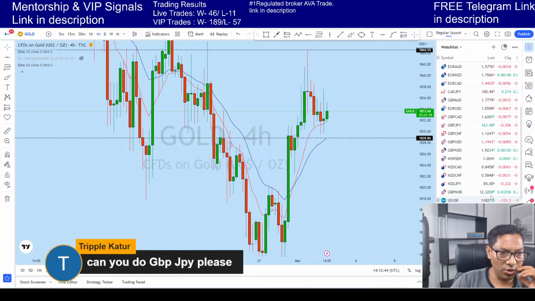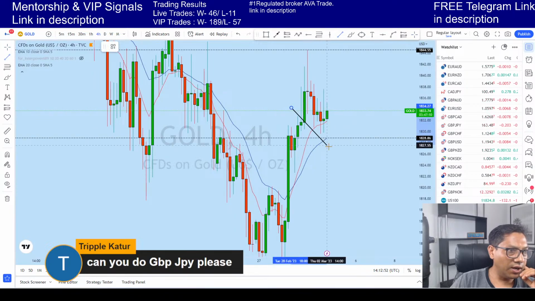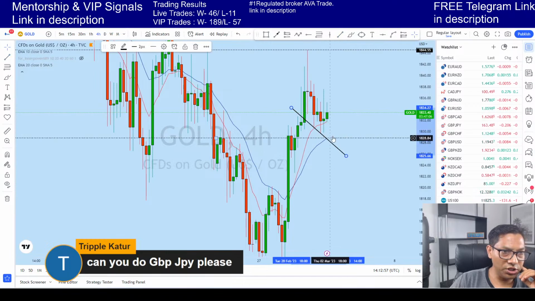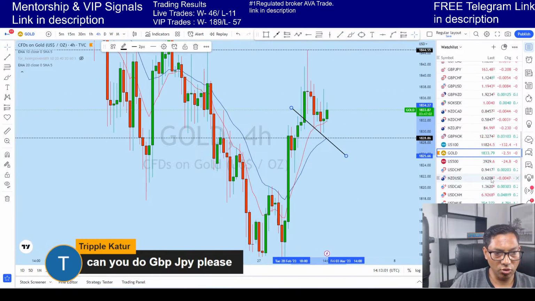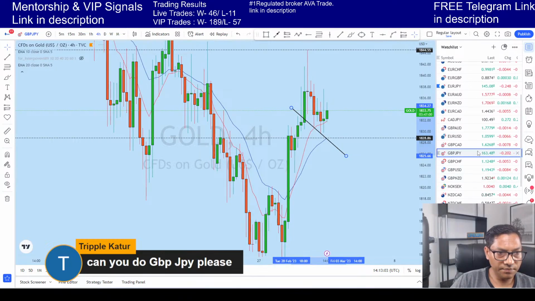Yeah, absolutely. We'll look at GBPUSD. So gold, I think that it will come back down, highly likely, if it breaks this low along this trend line from this 20 EMA. It will be a very good place to open a buy position on gold. Let me look at GJ.